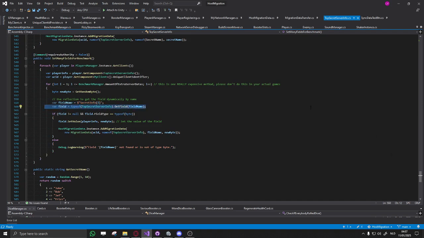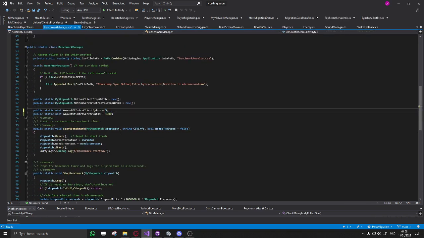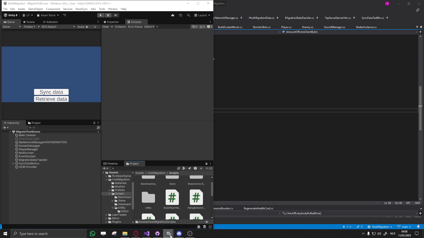So I generated 500 of those things. I go into my benchmark manager, and I set it to 500. I say, okay, I want 500 of the server data. Now this number can be whatever. It's the client data. Not really relevant right now. For example, I'll do 1 million, so 1 gigabyte of client byte, which is going to be a lot. But then when this is set, I go back into my editor,